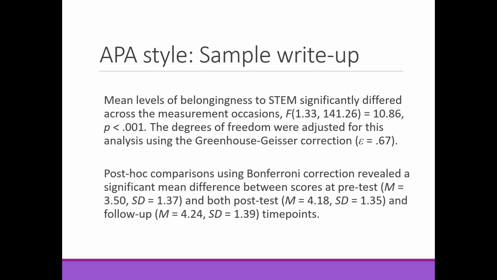Now you can get these group means and standard deviations either using the aggregate function, which you might remember from before. When you do that, if you have missing data, then you will need to add na.rm equals true within your function in order to get the information. Or alternatively, you could just go back to the wide form of your data set and then run your descriptive statistics on those three variables representing the pretest, post-test, and follow-up. And so you've got a couple of options for calculating these in case you want to add them in.